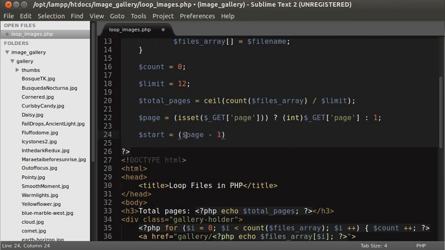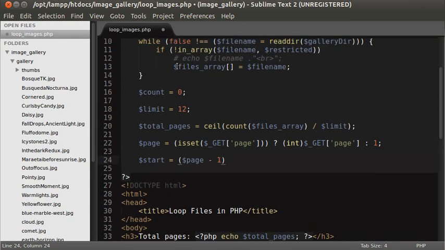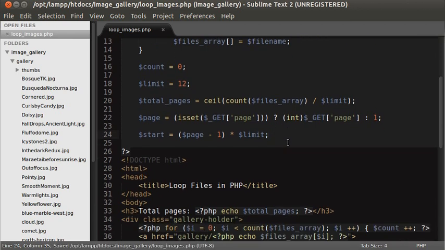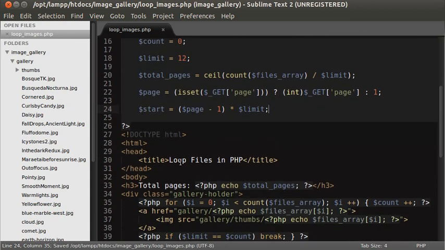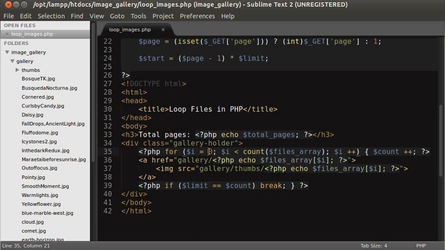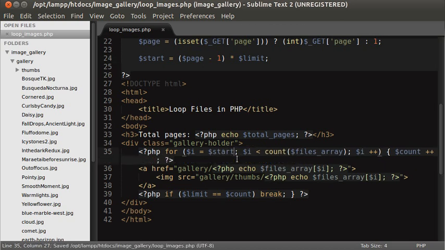Why we do page minus 1 is, you remember before that the first key of an array is always 0, so we need to start at 0, times limit, and then instead of this value of 0 here, we will say start, then save,